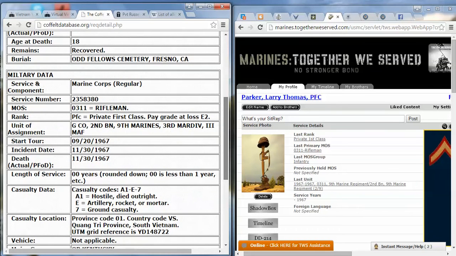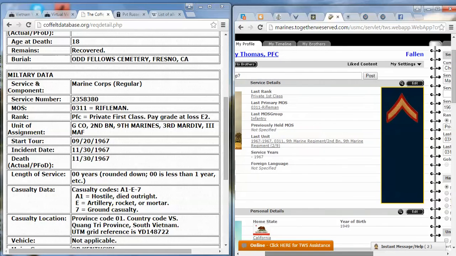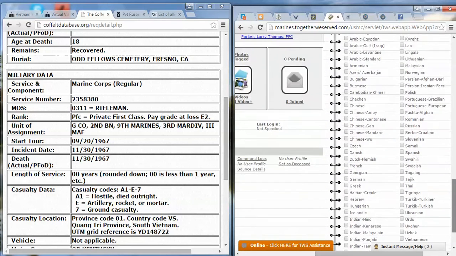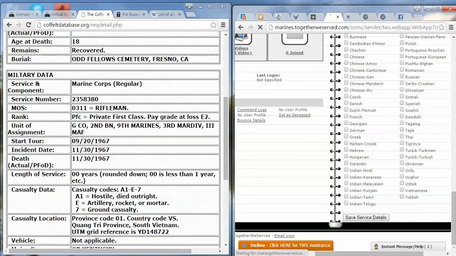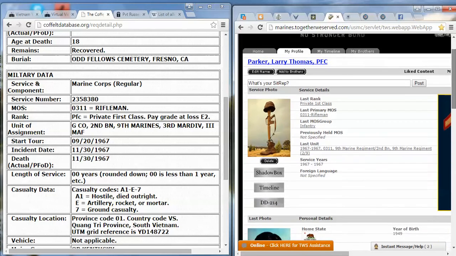It says service less than 0 years. So it was in less than a year. It's toward the end of the year, so that would make him... click Save. He now has a full service year.